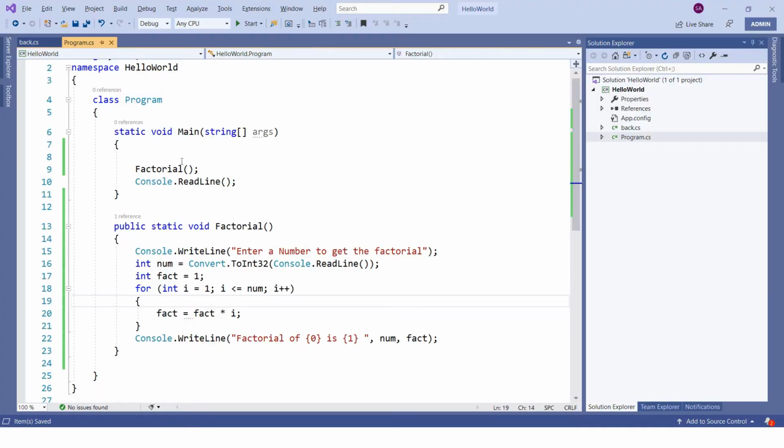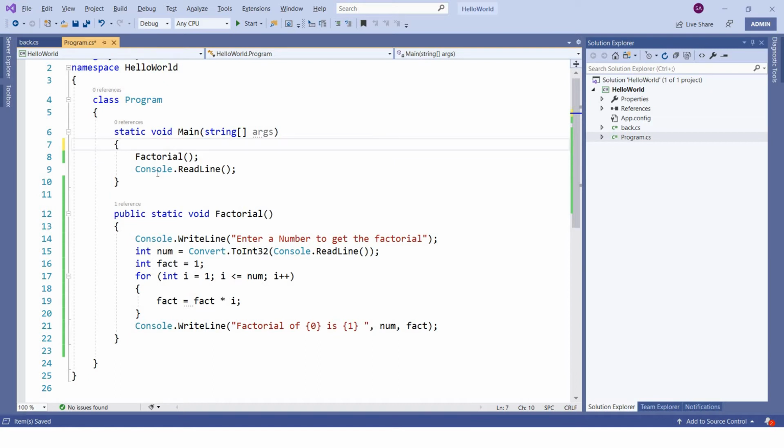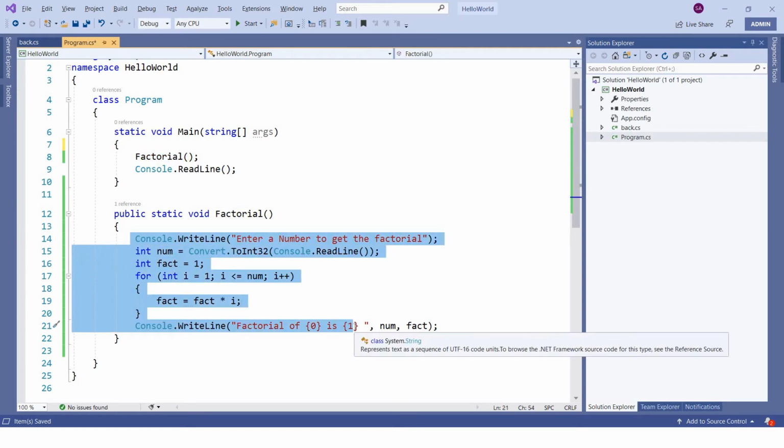If you remember, this is the function that we wrote in the last session to get the factorial of a number. At that time, when main got called, we called this factorial function, which itself receives the number and gives the output.